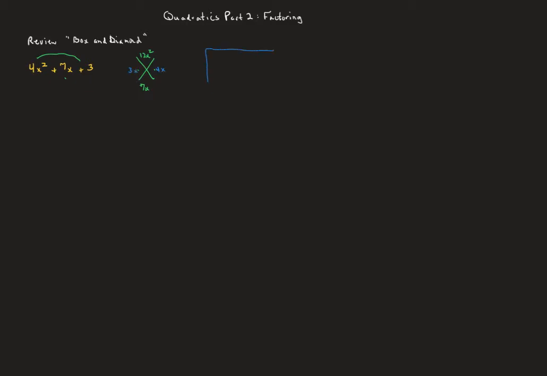And then you go to some version of your box and you can put the first and third terms in one of the corner boxes, and then what we do is plug these other 3x and 4x into the remaining boxes, and then we are looking for example, in this row, what do they have in common, and that's going to be an x. And what in this column do they have in common,